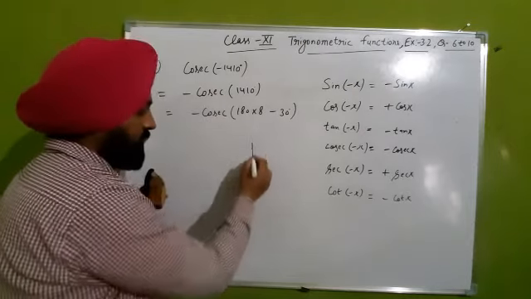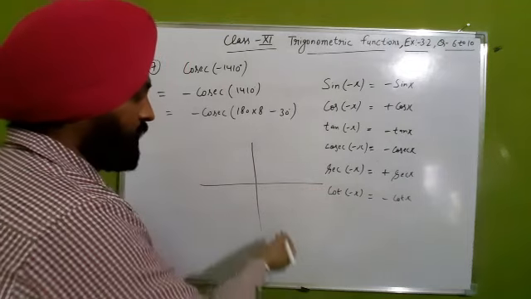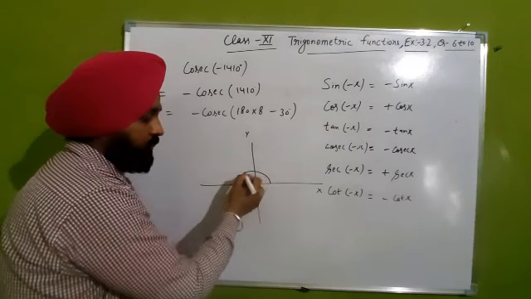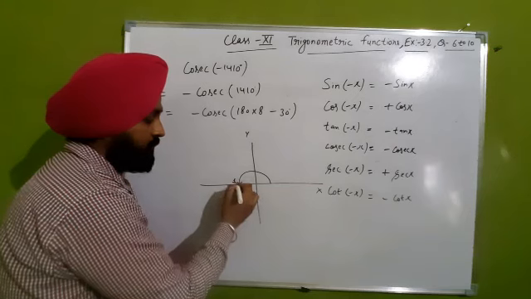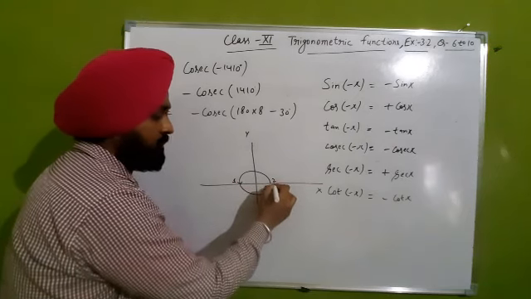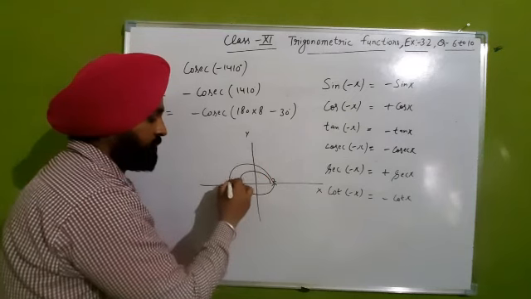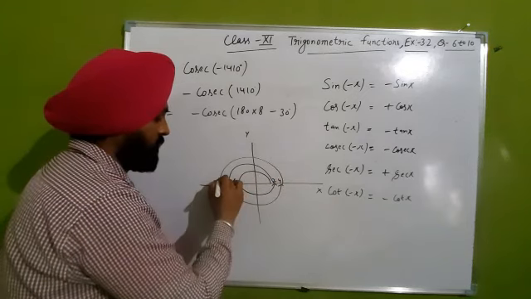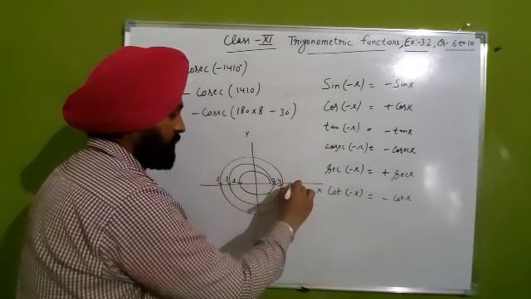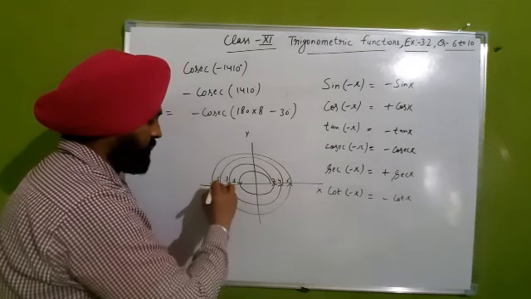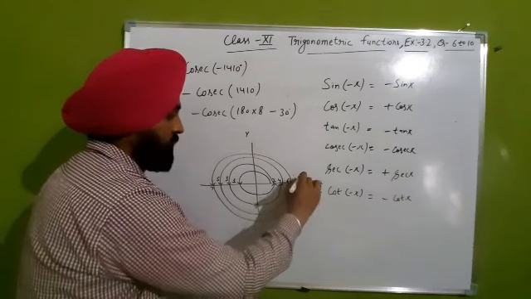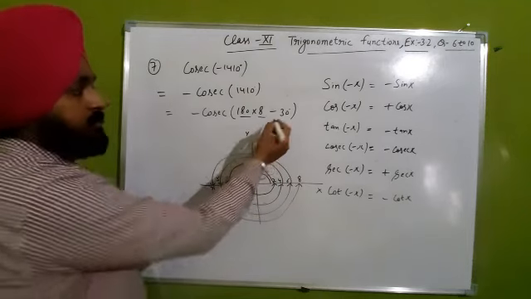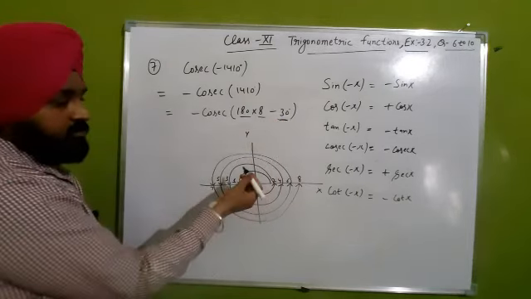Clear? Now in the next step, go to the Cartesian plane. With the x-axis there and y-axis here, from here 0 degree to here 180 degree, 1 times 180 degree. Now here 2 times 180 degree, 3 times, 4 times, 5, now 6, 7, 8. When 8 times 180 degree is there, then check and subtract 30 degree from that one. So which quadrant will it be in?